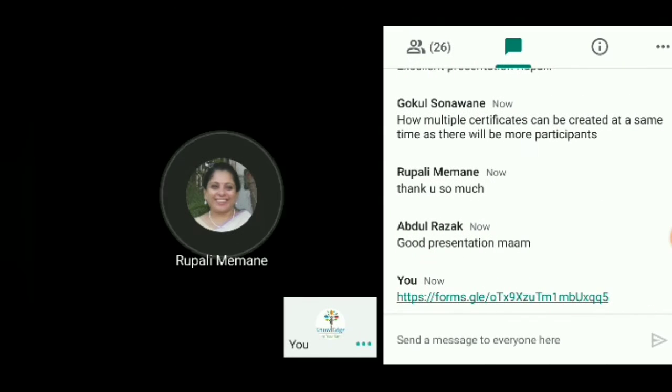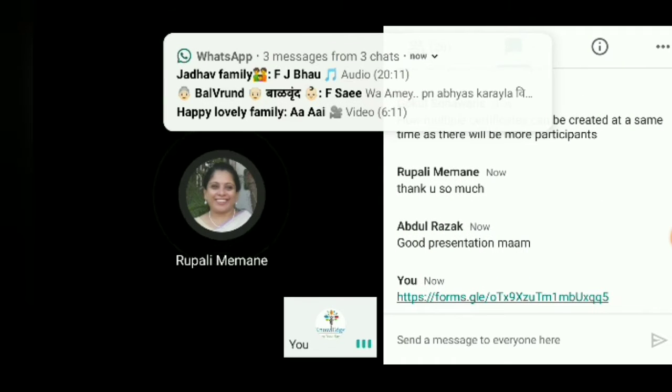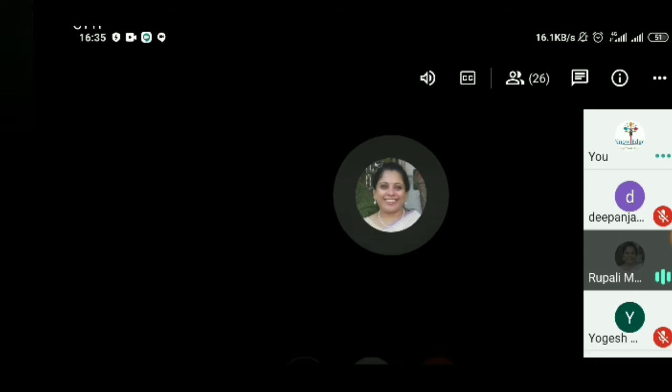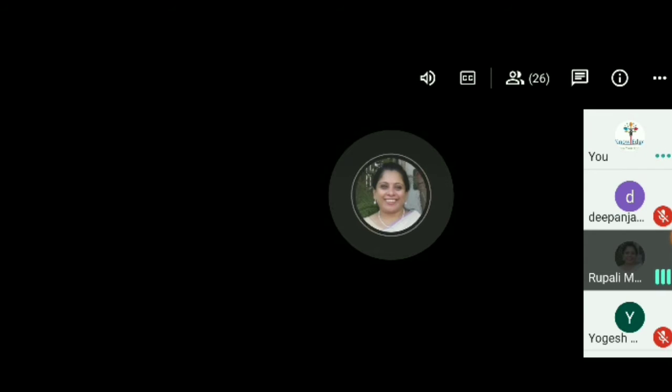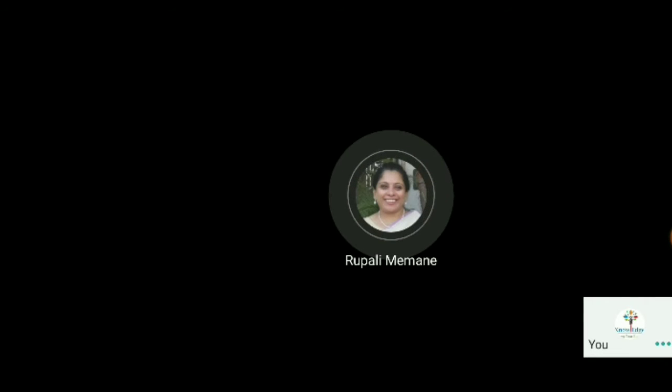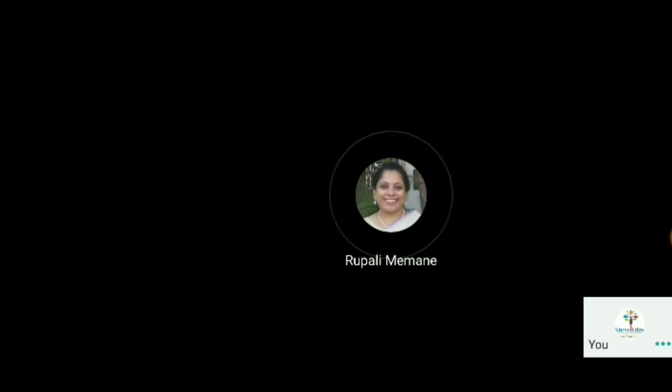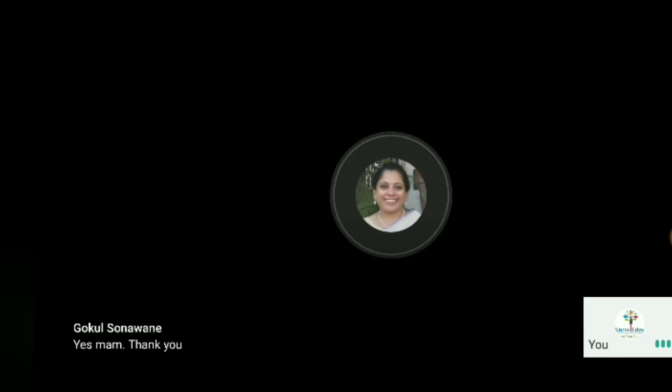One question, Mridula, I'll just say. Gokul sir, yes, you can create multiple certificates in the sense. Certificate you just create because this is just a designing software. So you create one certificate here and then other through Google Slides and all. Those who have already done our basic FD get the certificates, you can send it to 500, 1000, n number of participants. So that is through AutoCAD or other certifier. Only the designing part you do it here. You don't have to go on creating multiple certificates through Canva. Only the designing you do through here. Hope I try to clear it.